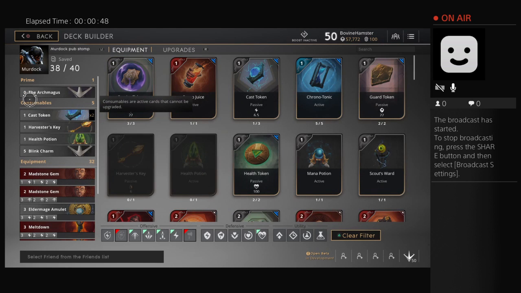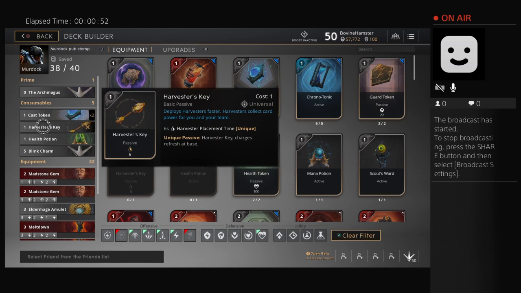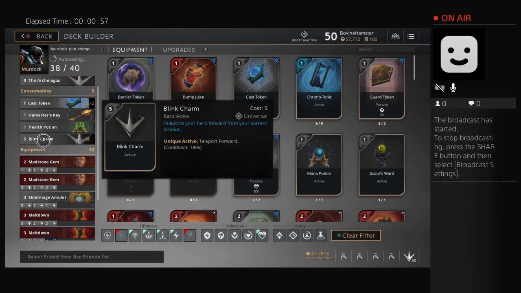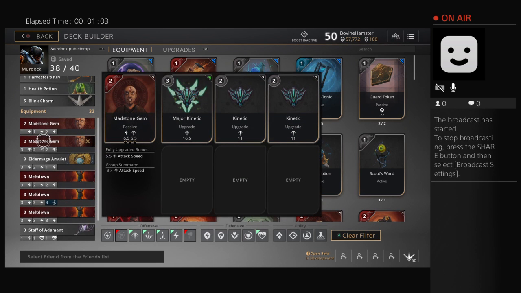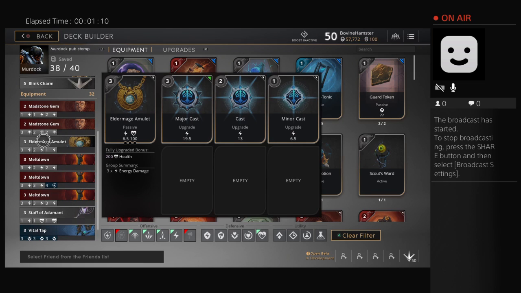So our prime card is the Archmagus. We've got 2 cast tokens, a Harvester Key, a Health Potion, a Blink Charm. We've got a Madstone Gem with a cast, 2 minor cast in. We've got a Madstone Gem with a Major Kinetic, a Kinetic, and another Kinetic. We've got an Elder Mage Amulet with